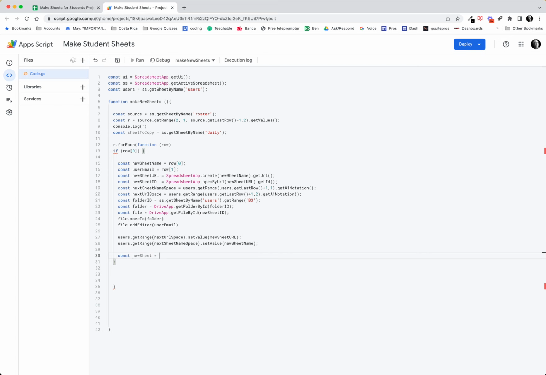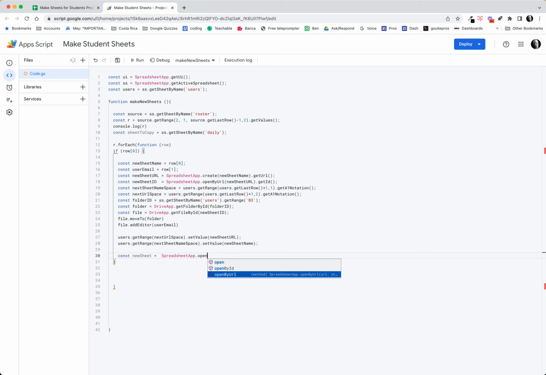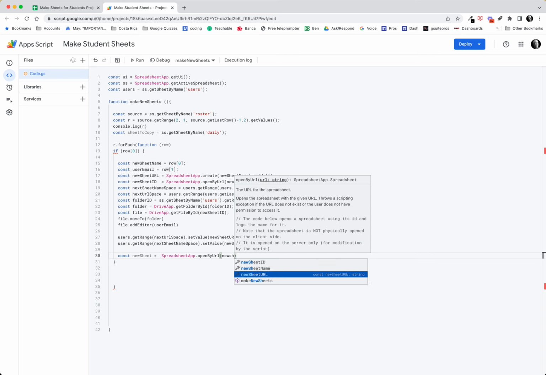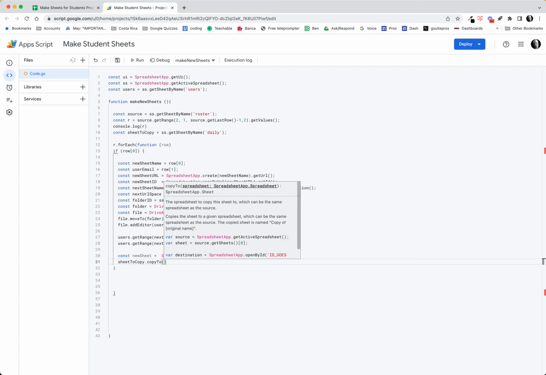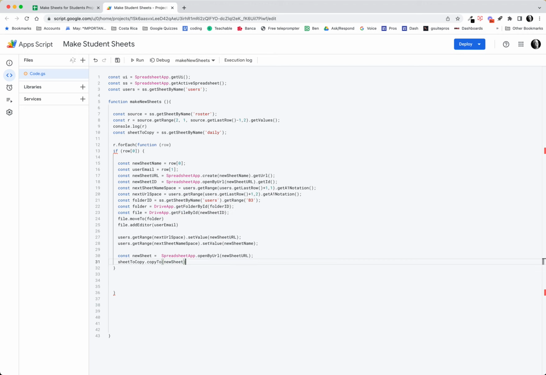It is equal to SpreadsheetApp dot openByUrl, and we're going to open up the new sheet URL, which we have access to. Okay. Next is going to be sheet to copy. So we are opening up that new sheet to copy dot copyTo new sheet. We're going to copy that daily to our new sheet, and then new sheet